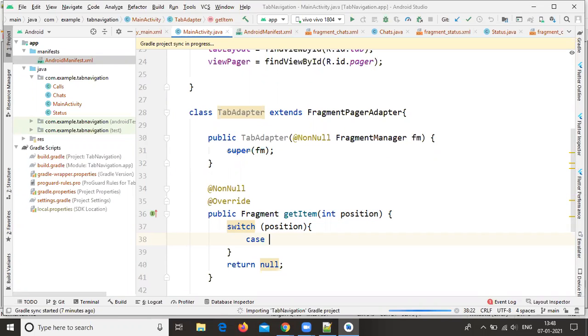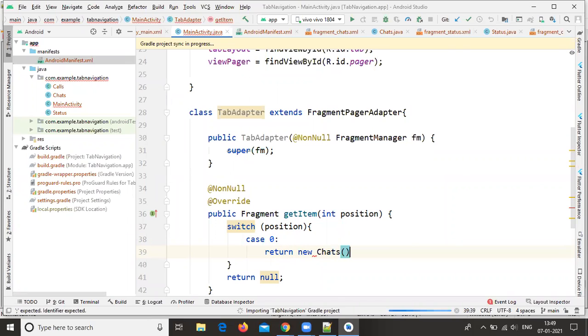Now write the cases. Case 0: here I'm writing a return statement by default, so no need to create an instance of the particular class. Return new Charts.